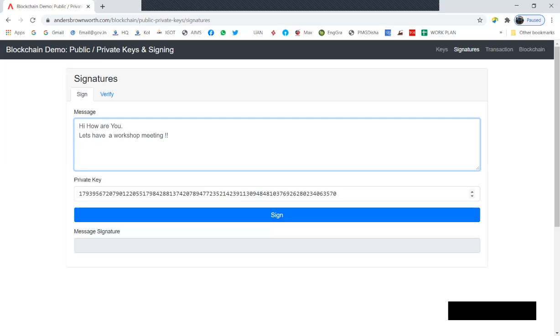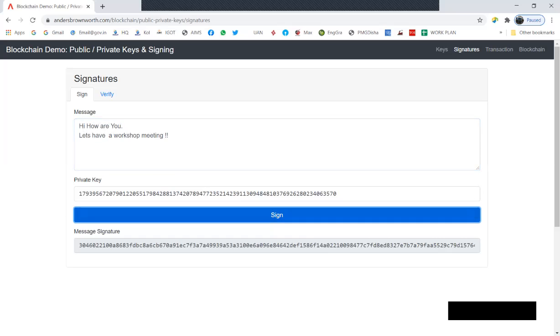So I sign it with my private key. My private key is over here. I have generated my private key, and with the help of this private key, I'm signing this message. So my message signature has been generated. This message signature will be sent along with my message, so that at the receiving end it will be verified that this signature was actually sent by me. Once it is authenticated, then the receiver will be confident that this message was generated by me.